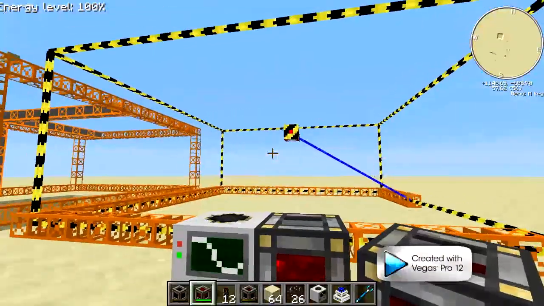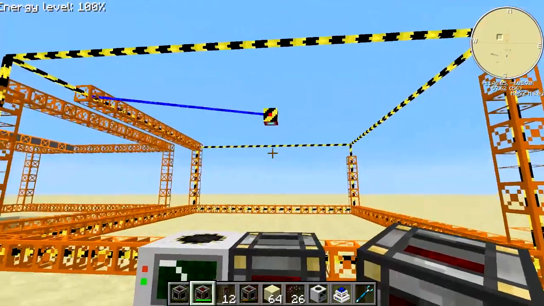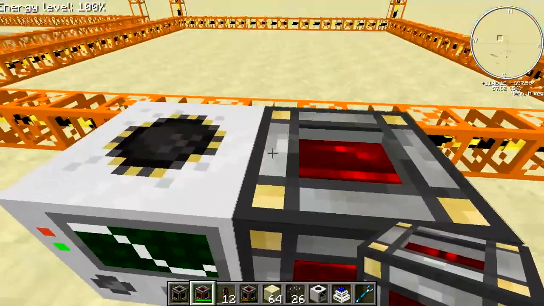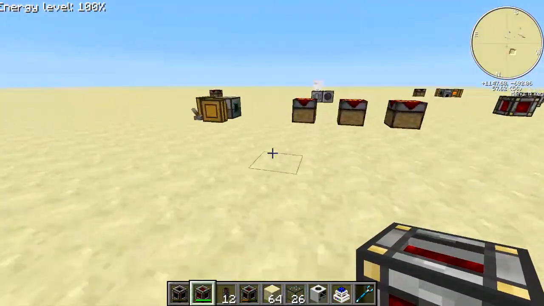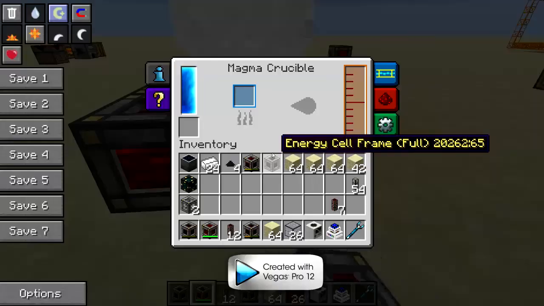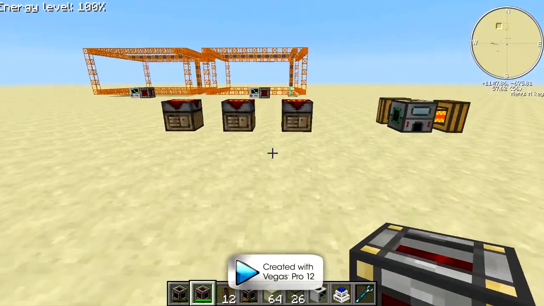But as you can see, 50, 20, anything like that, it really cooks along. And that's it. You got your little transportable redstone power source. It also can be used, like I said, because it runs on MJs, pretty much for anything. I got it powering my magma crucible, my liquid transposers,